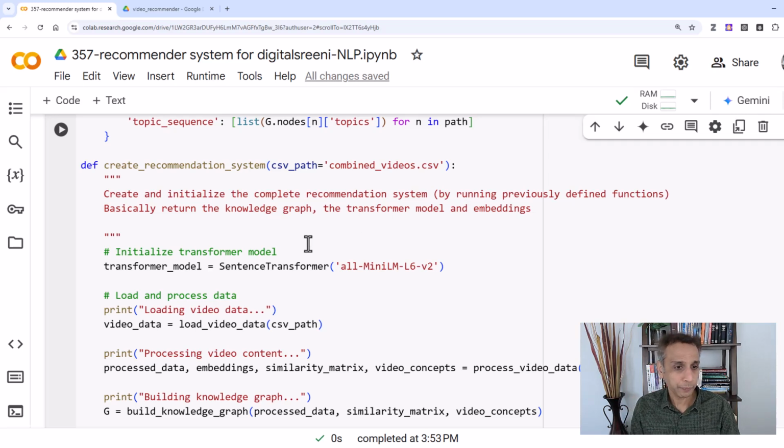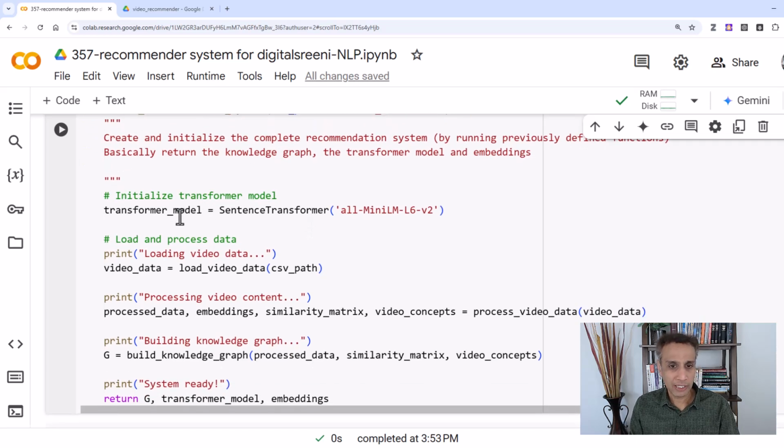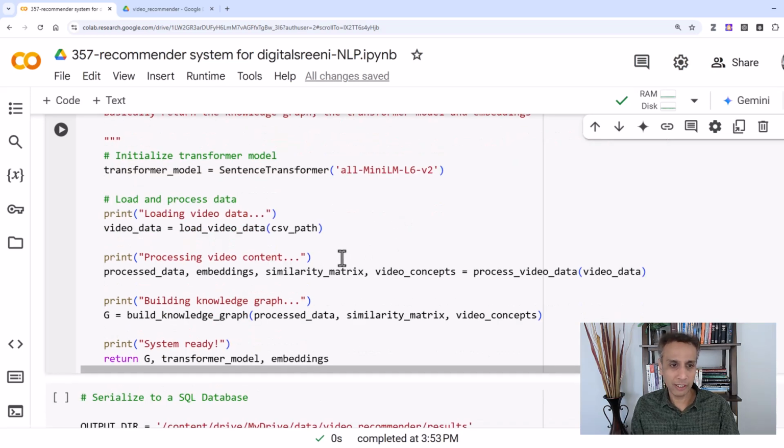So we define our transformer model right there with this model, and our video data. We are going to load the video data. This is the first function we defined, and then we are going to apply this process video data onto the